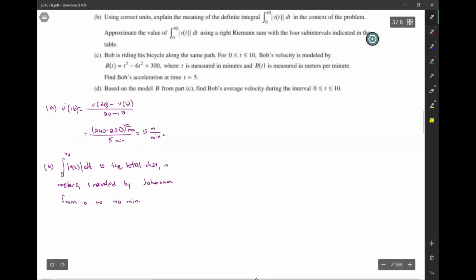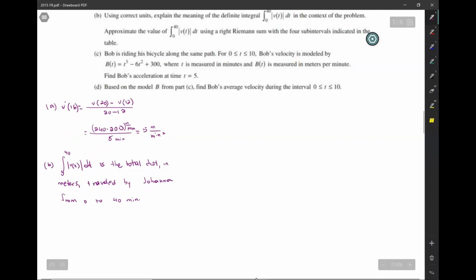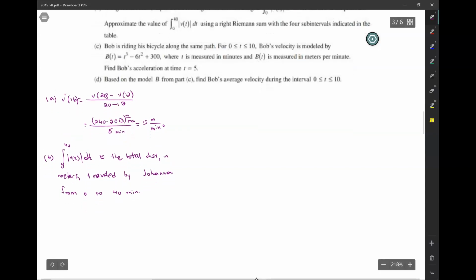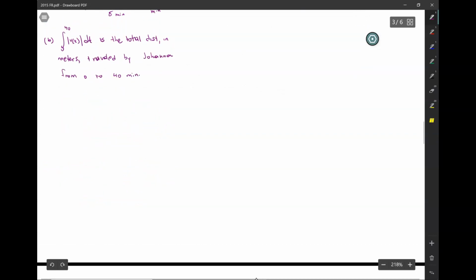And then it says, approximate the value using a right Riemann sum with the 4 subintervals indicated in the table. Okay, so this is going to be, all right, a right Riemann sum. So the first interval, t is 12, so it's 12 times, the right Riemann sum means we take the second endpoint, so 200, right? Plus, the next interval has a length of 8 times 240,